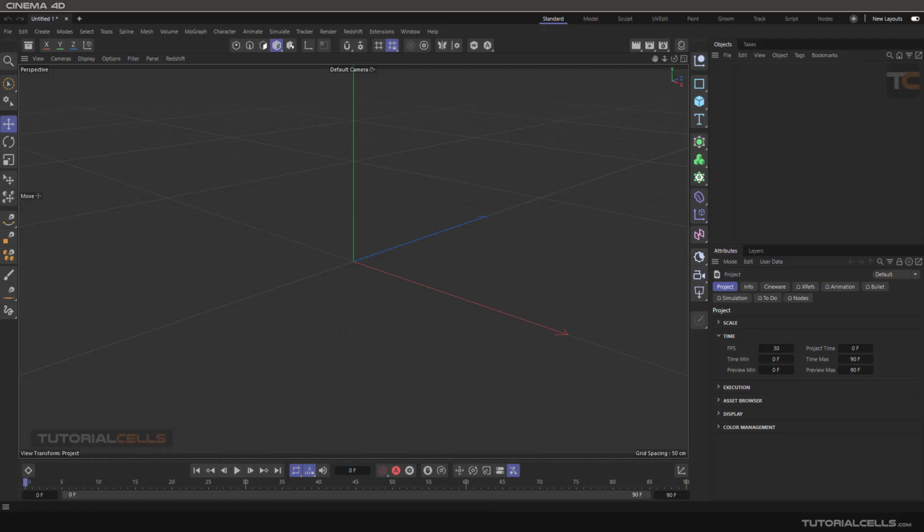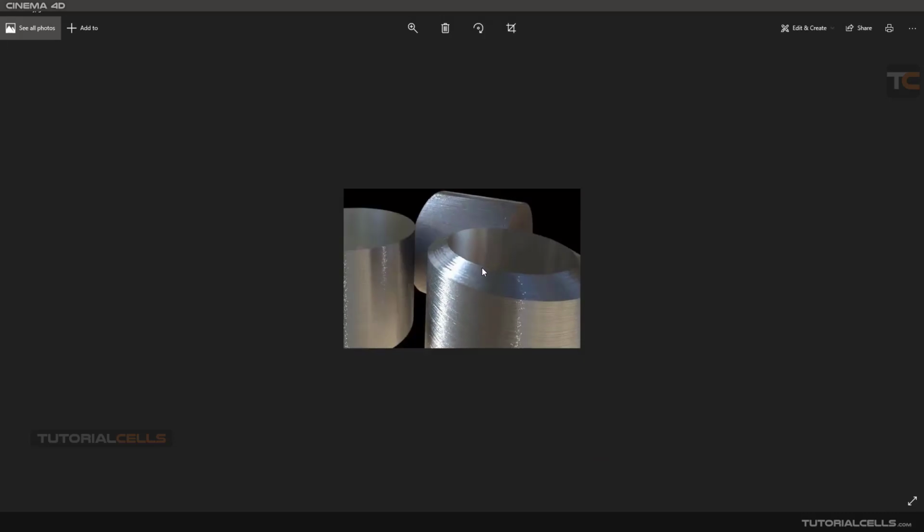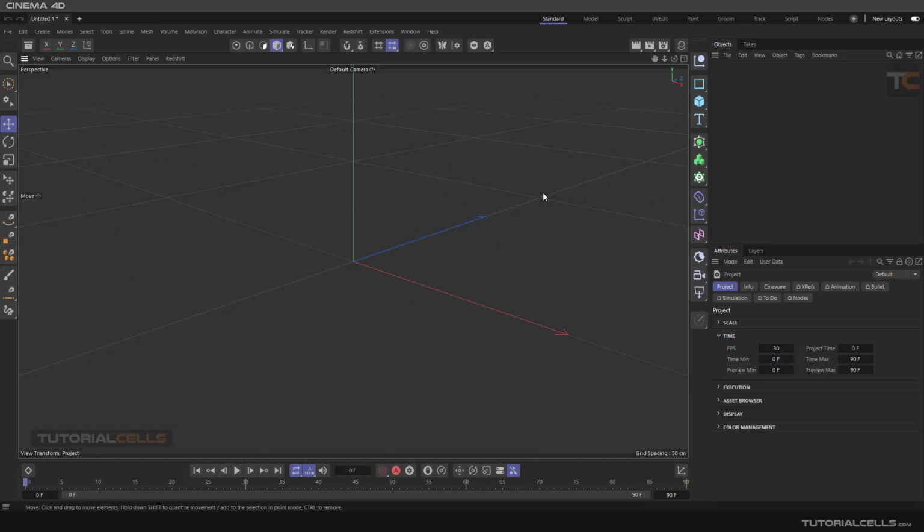Okay, in this lesson, we want to create the anisotropy effects that metal has. If the specular of the metal is something like this, we want to simulate this effect in Cinema 4D. In Cinema 4D, we have two ways of doing that. First, in the reflections